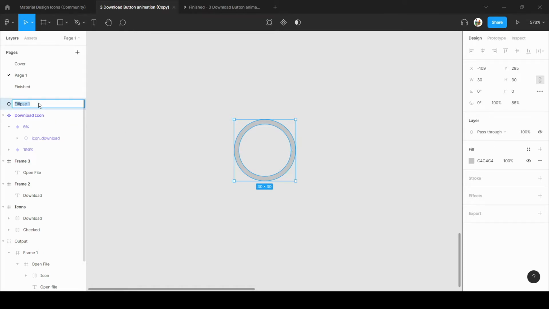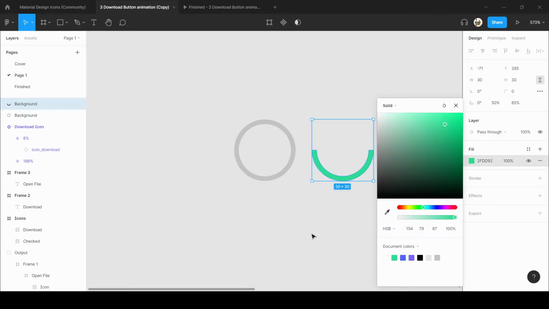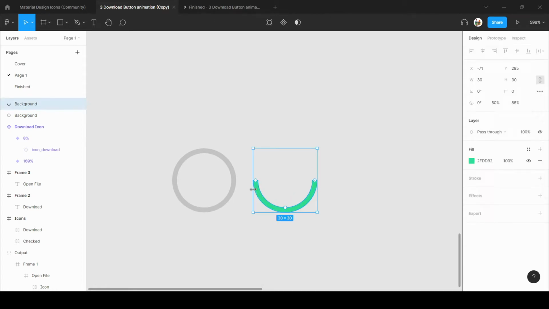Then name it as background. Now just duplicate this here and cut the half portion by changing this 100% to 50%. Now give the color, I will say green here, and just rotate this.